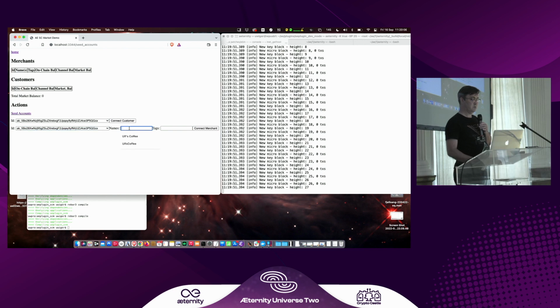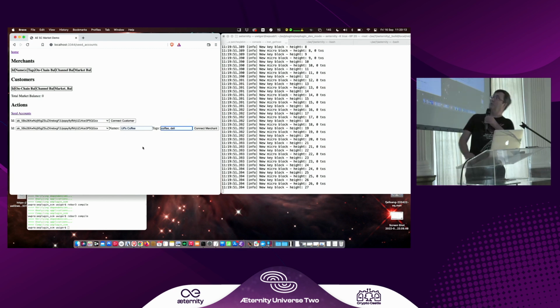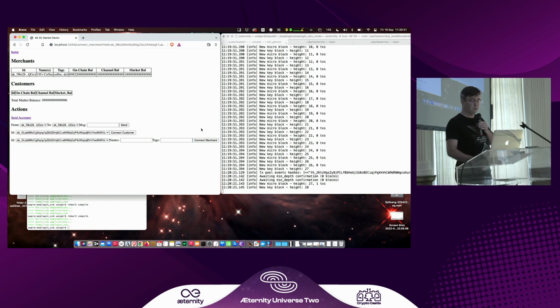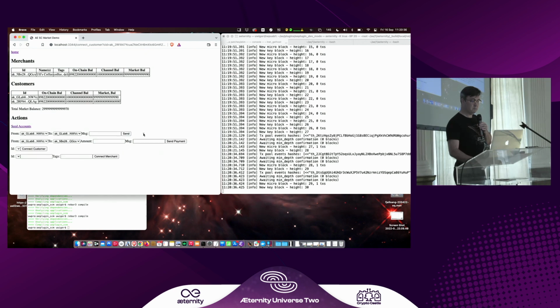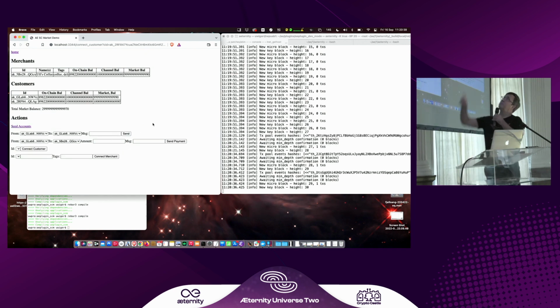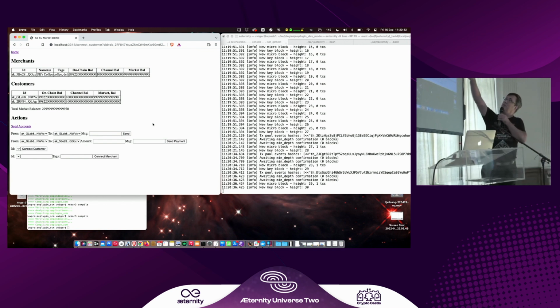The one account is used by the hub. And now let's, for example, connect my coffee shop. And the tags, I don't really use them, but if you go into the shell, you can query and list vendors by tag. But again, the user interface. Now, I'm also going to connect a customer. Now I have 2 to go. I can actually connect 2 here. So now I have 1 merchant and 2 customers.